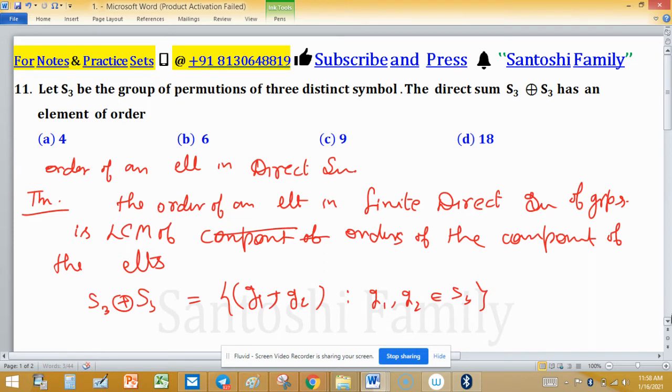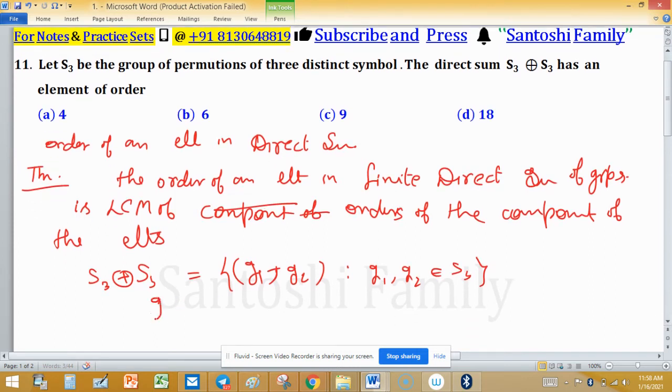So the order of (G1, G2) will equal the LCM of the order of G1 and the order of G2. It means the LCM of the orders of the components.